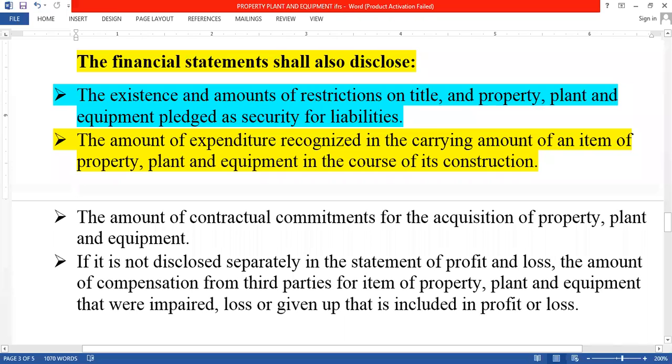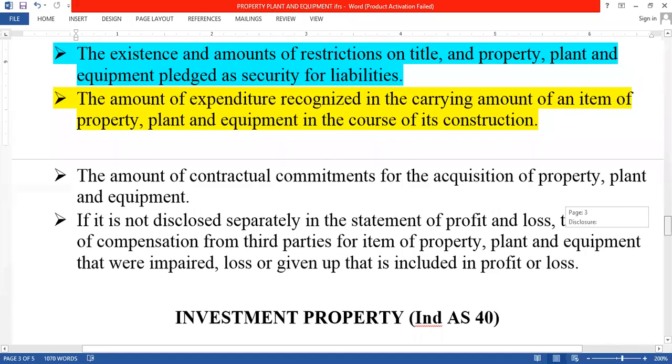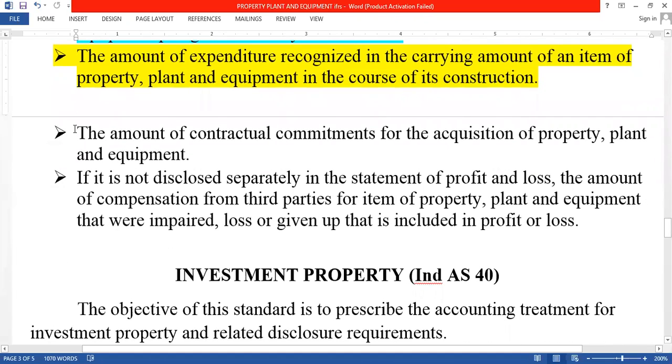That is, whatever additional expenditure is incurred to construct that building, those additional expenditures are also considered; it is that particular asset's additional cost. So it is also included, and it must be disclosed. After that, the next one here,